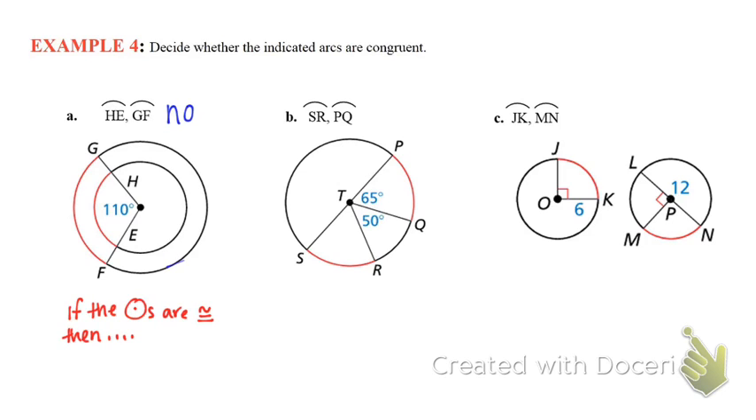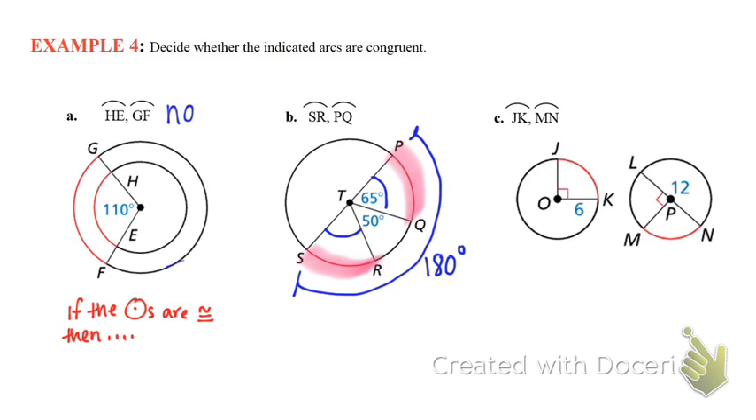All right, let's take a look at part B. Could it be that these two arcs are congruent, PQ and SR? Well, we know that the central angle for PQ is 65. Let's solve for the central angle for arc SR. What do I know about all three of these angles? I know they add up to 180 degrees,